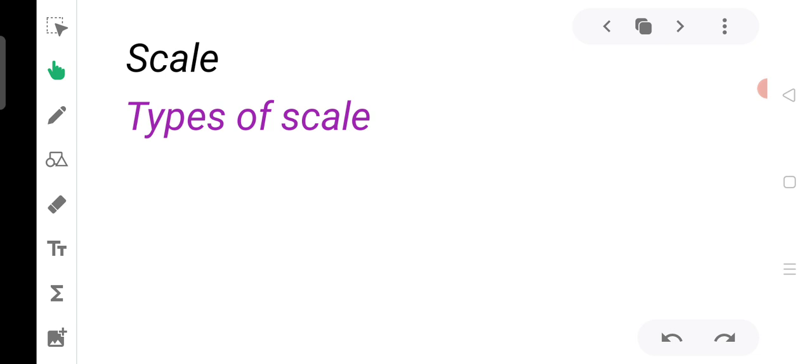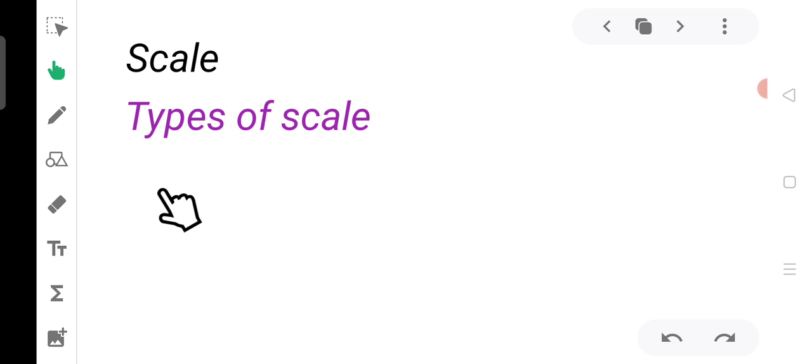For example, let us take two places which are 100 kilometers apart. If we say that 1 centimeter refers to 50 kilometers, then 2 centimeters will refer to 100 kilometers. This relation of 1 centimeter representing 50 kilometers on the ground is the scale of the map. If we took 200 kilometers, it will be 4 centimeters.